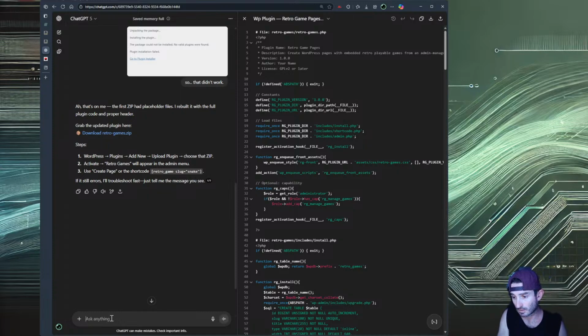Okay, so that installed properly, and for the most part the functionality was there.